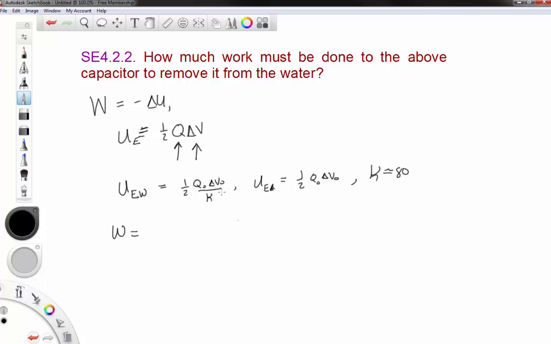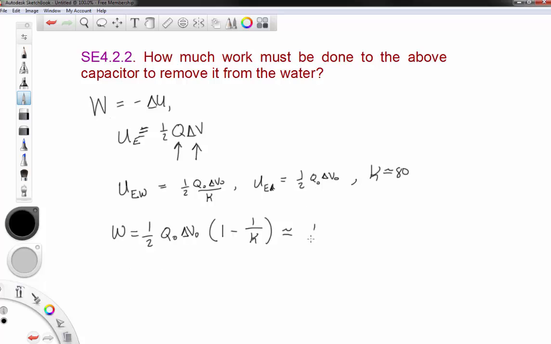So the amount of work done is going to be 1/2 Q naught delta V naught times 1 minus 1 over kappa. So basically it's 1/2 of this vacuum potential energy times the difference between vacuum potential energy and potential energy under the water. So what that ends up looking like,